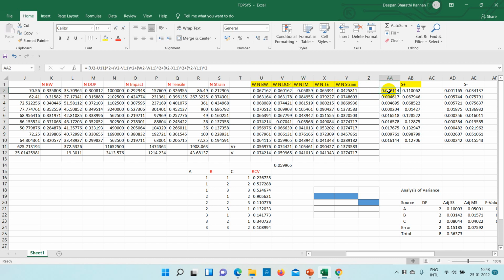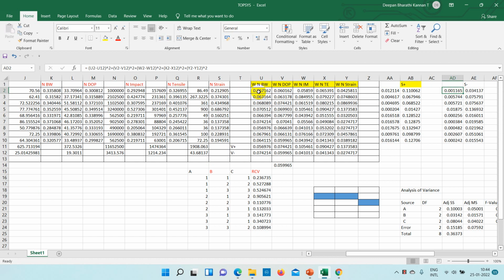Again you have to square that, plus X2 minus X11. X2 is this one, minus V plus, square, then Y2 minus Y11. Y2 is this value minus this value, square. That is obtained here. Then you find the square root of this value. That will be the separation S plus for this first value. Similarly, we have to calculate S minus for the first one. How to calculate S minus? The same procedure. The only thing is that we subtract the corresponding value from V minus.